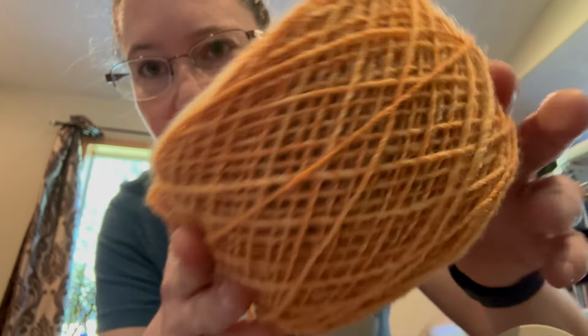Okay, I think I have come to a conclusion, and it's not one that I'm very happy about, to be very honest with you. There's what I have so far, and I think my conclusion is that for a beginner of long draw, this is not a good fiber prep. This might work wonderful for someone else, but let me pull out a piece of fiber here. What I think is happening is that this was comb top, and so even though it's been pre-drafted and dizzed and really opened up, still the staple lengths are kind of in chunks